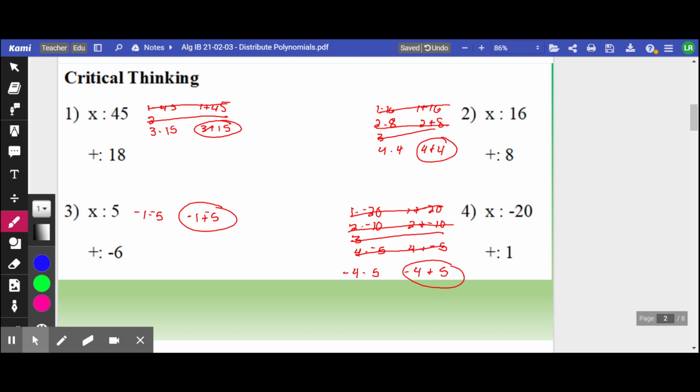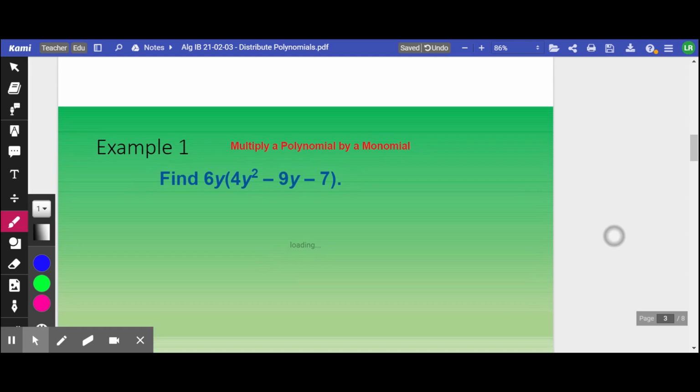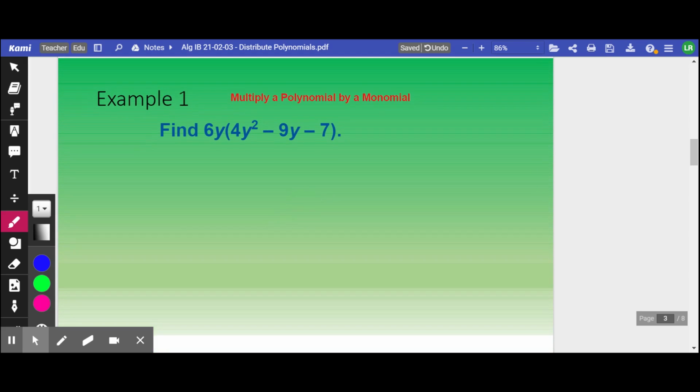Now, we are going to begin doing our distributive property. Again, this is multiplying a polynomial by a monomial. So I'm multiplying one thing by many things, but that is essentially the distributive property. When I look at this first problem here, we have 6y and then parentheses, 4y squared minus 9y minus 7, close parentheses. That looks just like the distributive property. So in essence, I'm multiplying